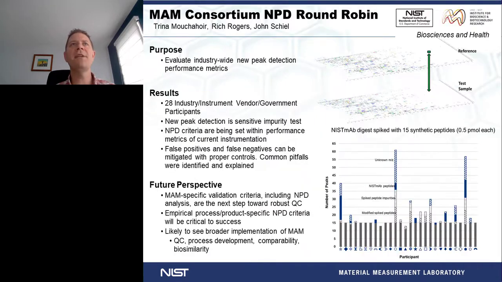So I won't be able to go through the entirety of this study today. I can give you a very brief synopsis of the results and point you to the paper that we've submitted that should be available in a few months. Looking at the bottom right-hand corner here, we're actually seeing the results from each of the individual participants. So each shape on the x-axis represents an individual pharma lab that produced their analysis.